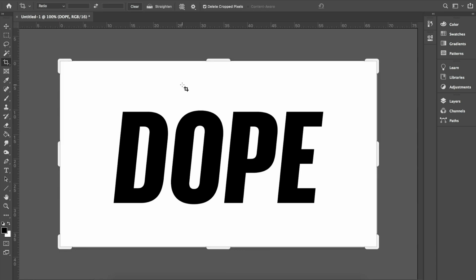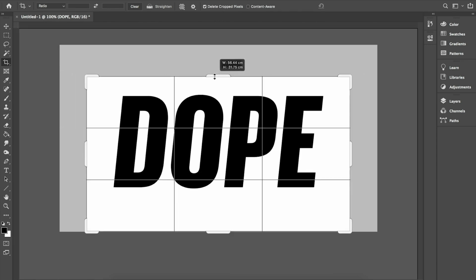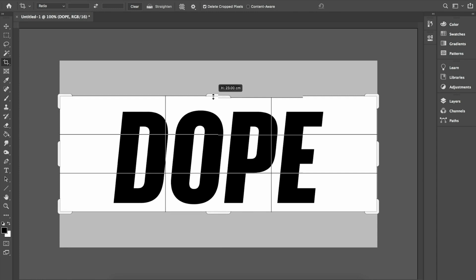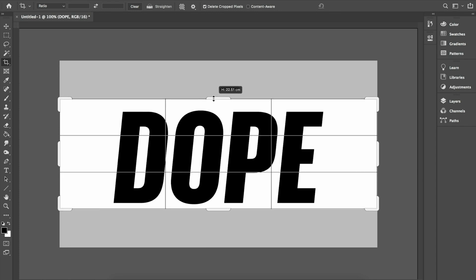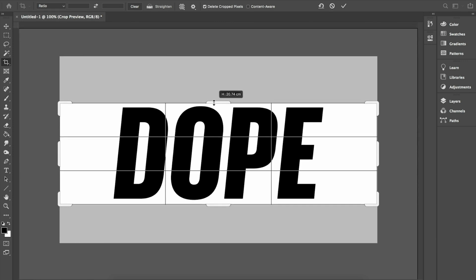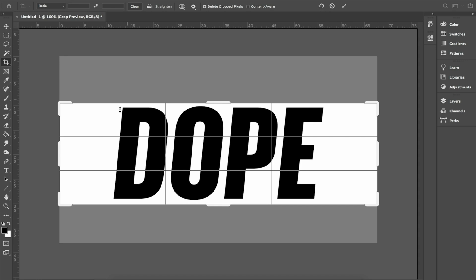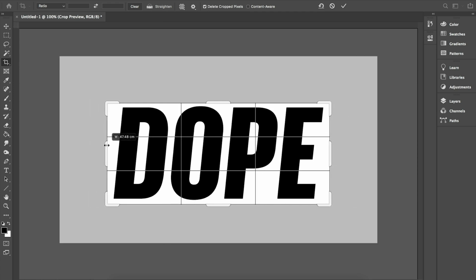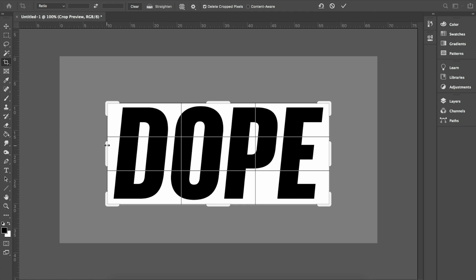All right, hitting C on my keyboard to bring up my crop tools. And what we want to do is crop in our canvas so we're far tighter on our text. Holding down Alt or Option at the same time while pulling on the opposite end, we'll scale them in uniformly. This top one might just need to come down a little bit. What I'm trying to do here is create a little bit of a gap, a little bit of a stroke around our text. Do the same with the sides. Let's pull them in. Once we're happy, hit enter, and something like that looks pretty good.